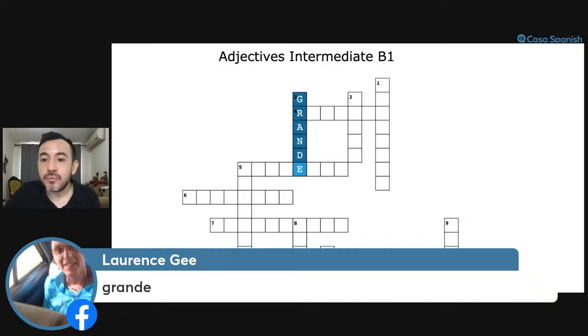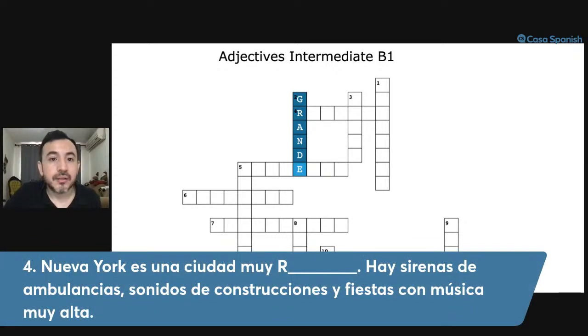Let's move on with number 4, horizontal. So here we have it. We have a hint. It starts with the letter R, and I'll read it. Nueva York es una ciudad muy...